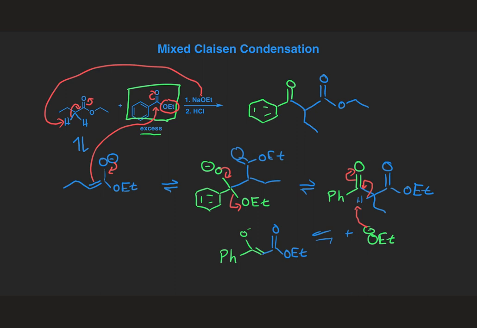And actually, I drew that as an equilibrium, but it is not an equilibrium. This is a forward reaction only. And then that gets treated with HCl to form the final product, which was